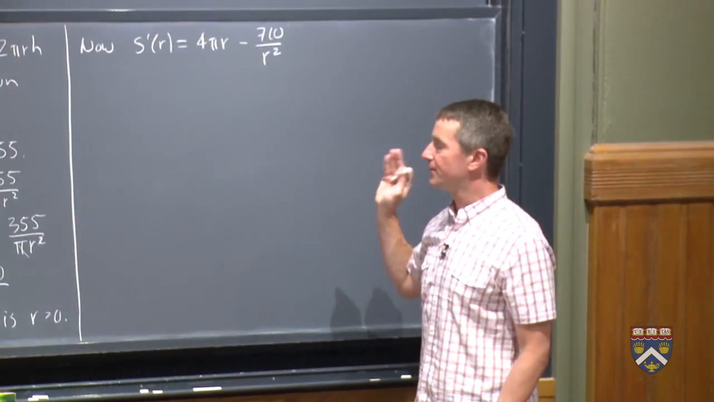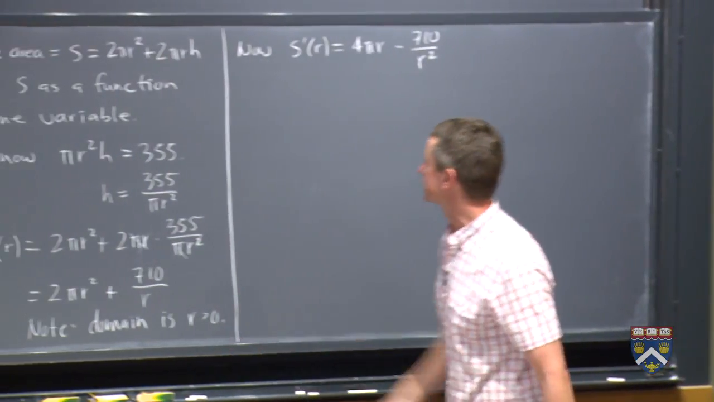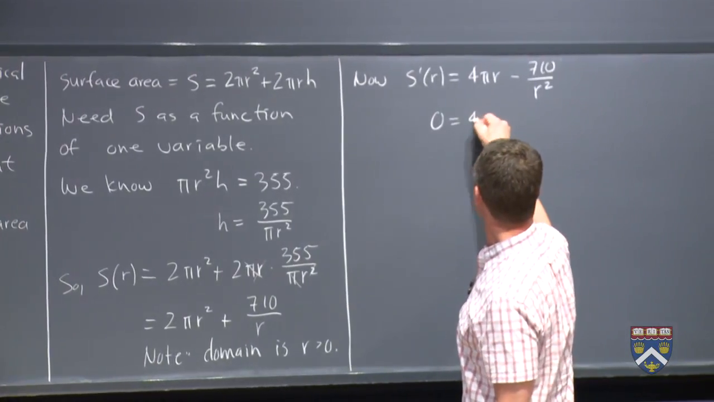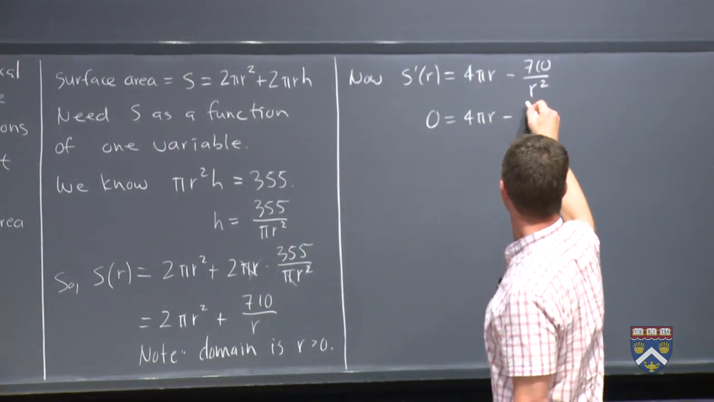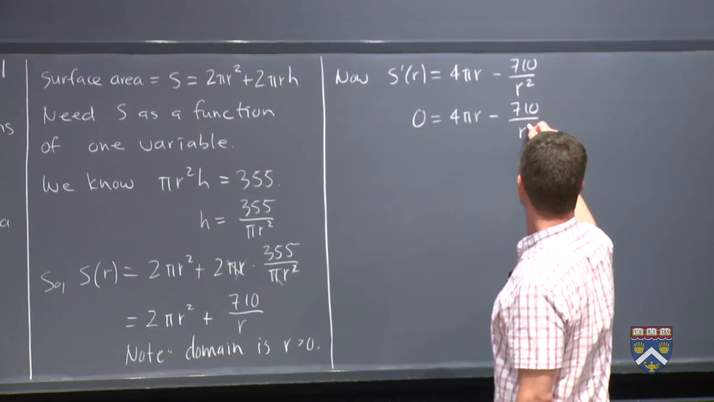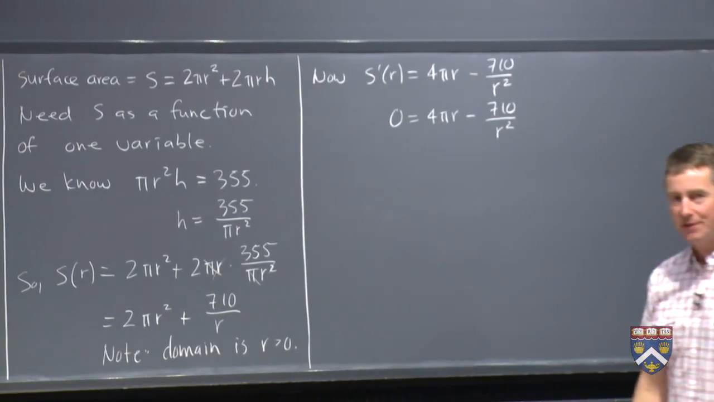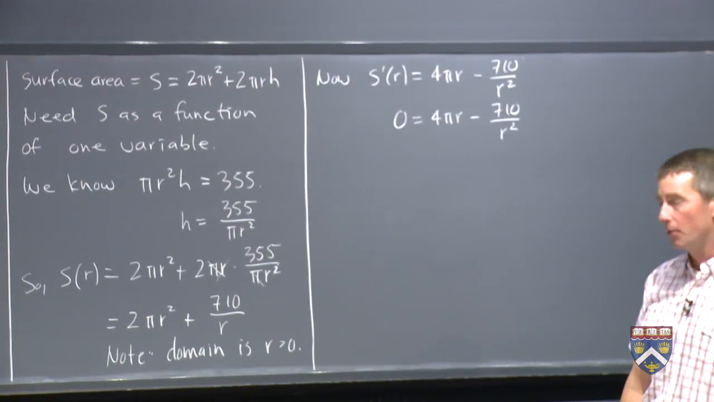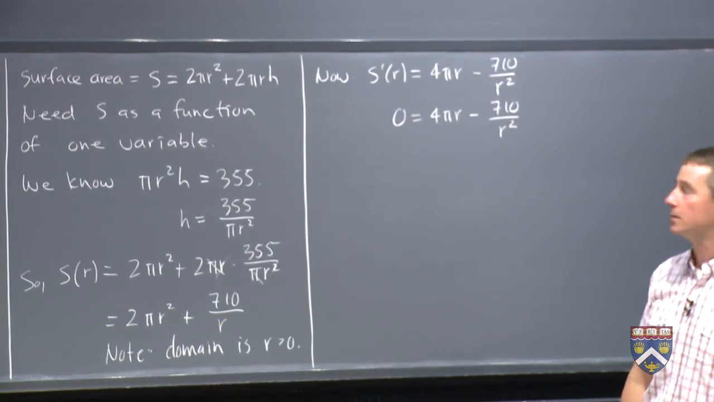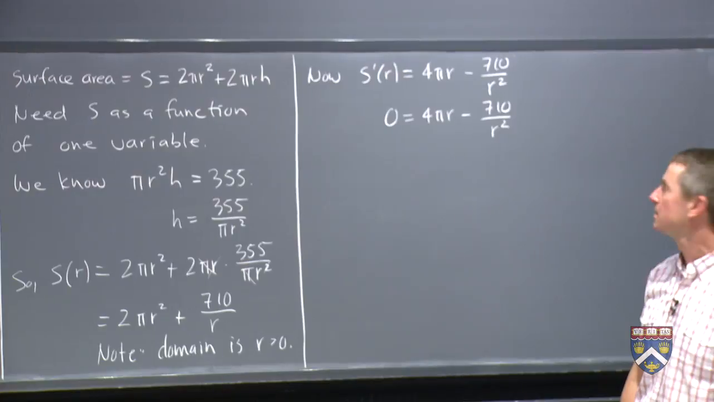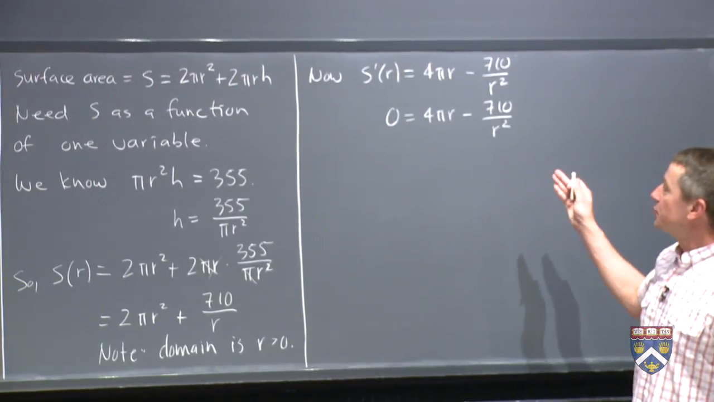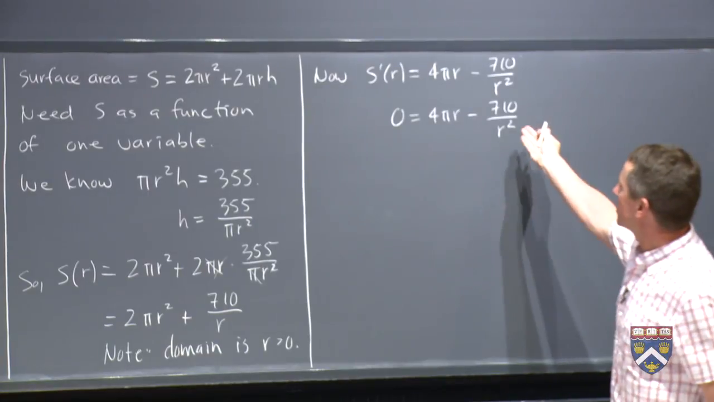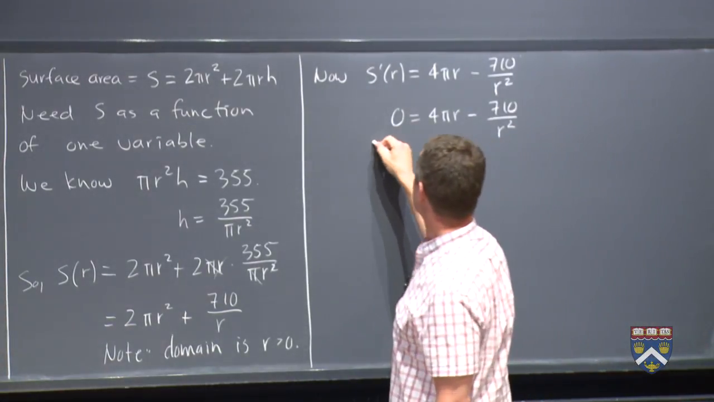As noted, this is undefined at 0. We don't have to worry about that because that's not in our domain. So all we have to do is set this equal to 0. And although we usually factor in these problems, in this case, factoring isn't so easy, although it's possible. And if you want to factor out an r or a 2r, go for it. You'll get the same answer. What we don't want to do is do anything that causes us to lose a root, right? So we're not going to do that. I'm just going to move this 710 over r squared to the other side